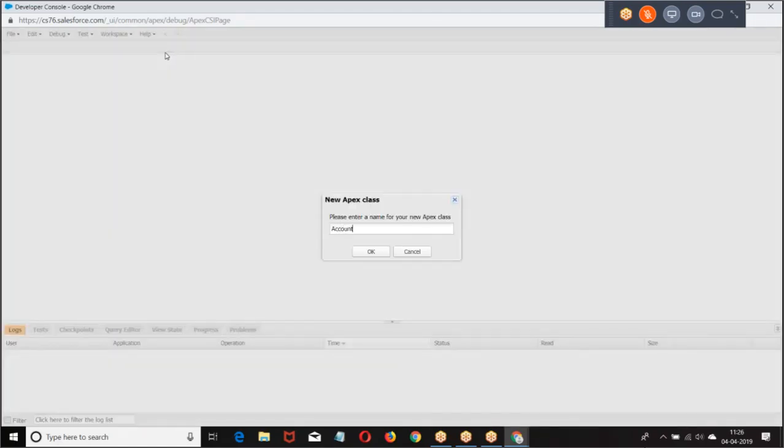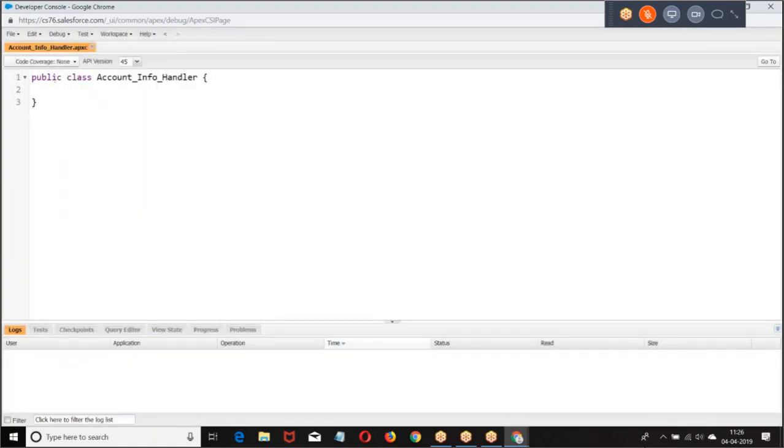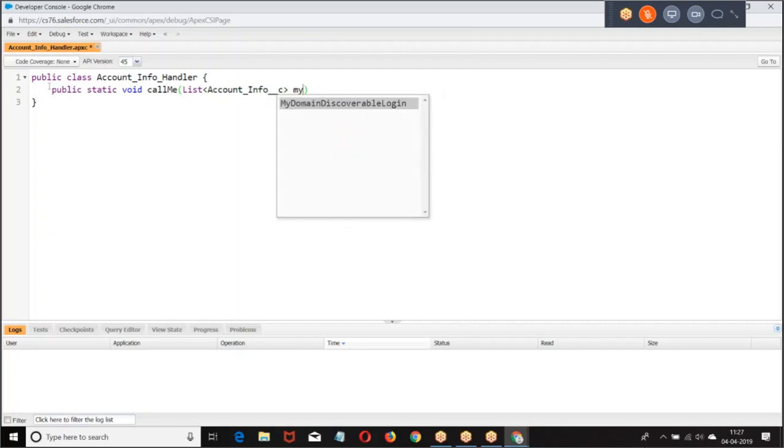Class. Public static void for account info.